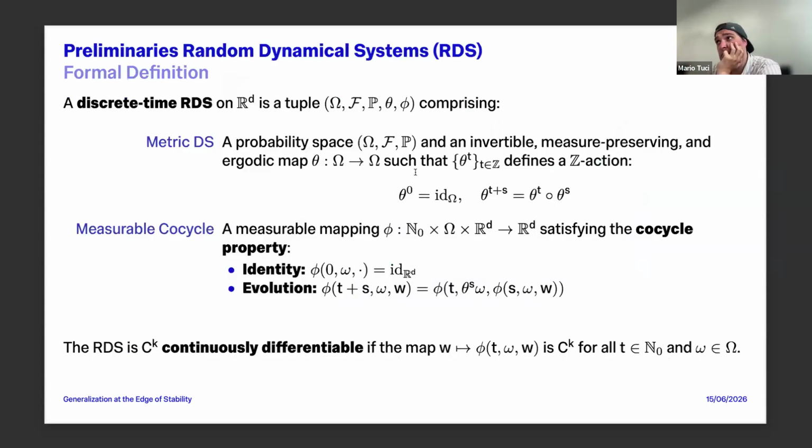So to do that, we introduce a bit of random dynamical systems. I know it looks a bit harsh, but I will explain it on a simple example. A random dynamical system always has two main components. One, the metric dynamical system, which is basically like a machine which gets you the right index. And then a measurable co-cycle, which can be considered as your update map. I will not go into detail here, but when you have later questions about it, I will come back to it.